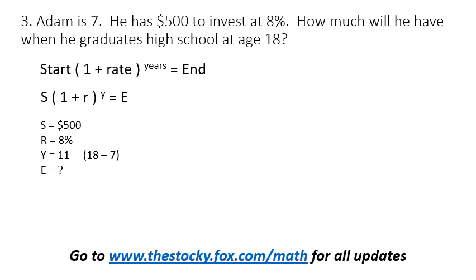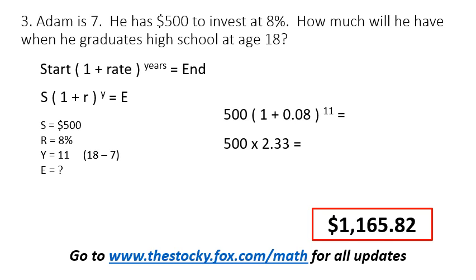Actually, you had to do a little bit of math to figure this out. He's 7 years old now, and he wants his money when he's 18. So that's just some simple subtraction. 18 minus 7 is 11. And then the E, we don't know that. That's what we want to figure out. But if we plug all those numbers into the formula, we have 500 times 1 plus 0.08 raised to the 11th power equals, so 1.08 raised to the 11th power is 2.33. Multiply that by 500, and you get your answer, which is